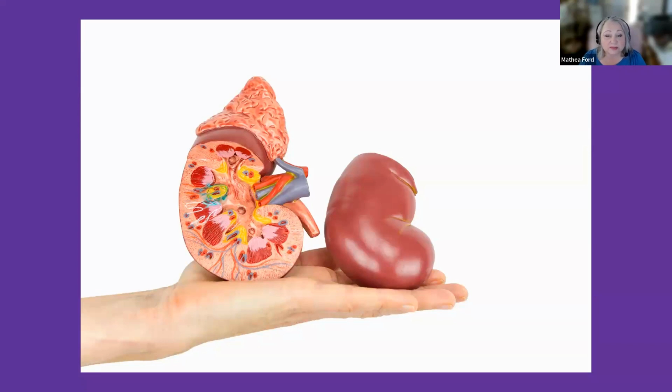CKD is not just a temporary malfunction, it's a prolonged, often progressive decline in kidney function. This decline can be so gradual that symptoms might not appear until the kidneys are significantly damaged. The implications of CKD are vast, affecting everything from bone health to cardiovascular function, and even impacting neurological and respiratory systems. You see, your kidneys have nephrons, which are really small units of